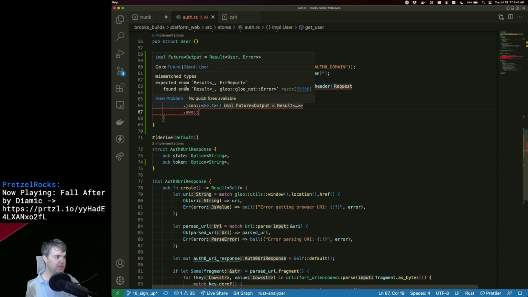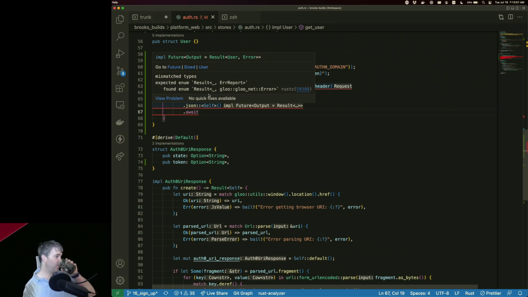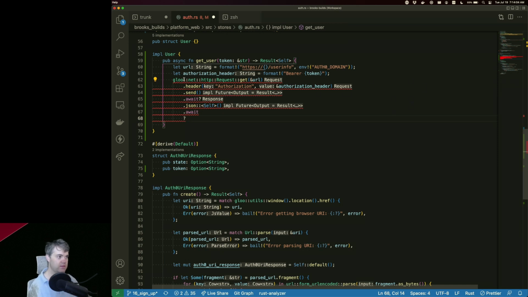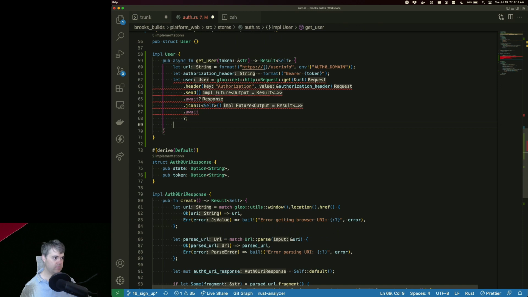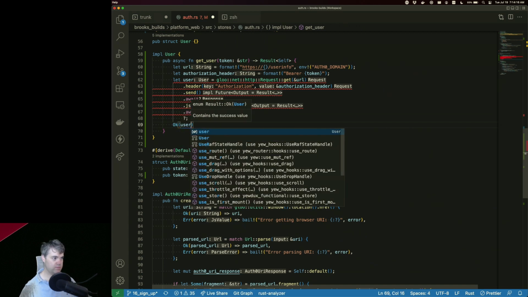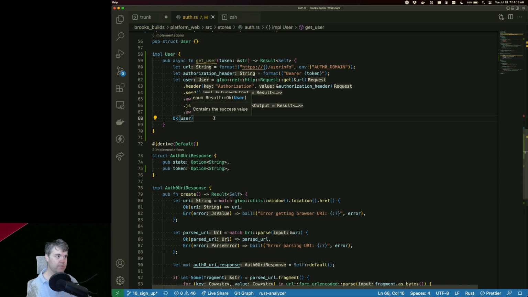Mismatch types, expected enum result, error report, found enum result. Oh, okay, so it doesn't know how to handle this type of error. Okay, so if I do that, that works.